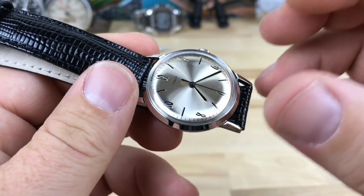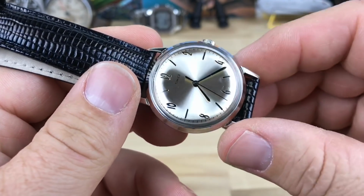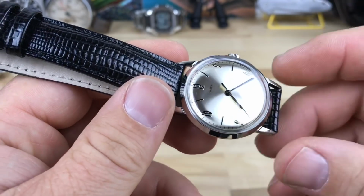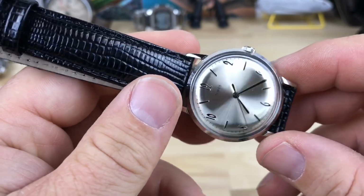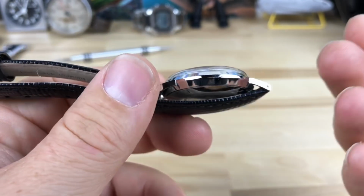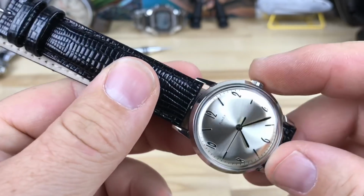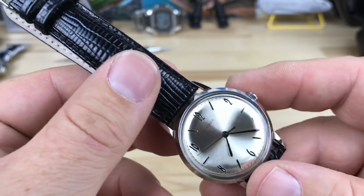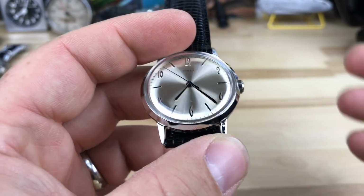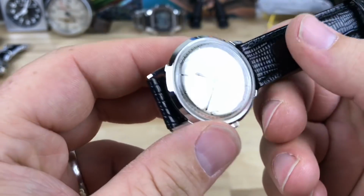Timex actually reissued this. So it's a reissue from a watch they had back in I think this particular dial layout was like in the 60s area or something like that, and it's hand wind only. This has actually a really nice Seagull hand wind only movement in it, which as far as I can tell, is pretty nice. I'm going to throw it on the timegrapher and we're going to find out what it really does. I'm not expecting much, but